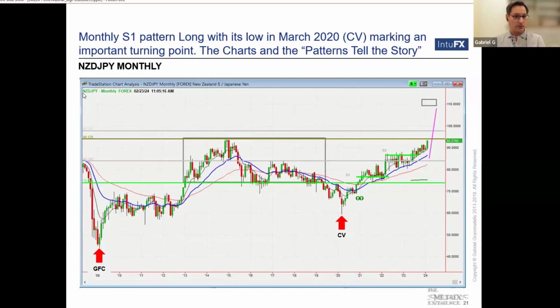This one as well, New Zealand. So the Kiwi is strong, one of the strong currencies, and the yen, the weakest. Well, we've seen that before on the chart. This is an S1 pattern. And the low was the corona pandemic fear low, March 2020. That was the absolute low. And since then, it's running its course through the stop run levels, and it looks like it's about to break the consolidation high. This is the most important level. If that breaks, again, we get a move and it should bring us to the 110 level. That's a long way to go.